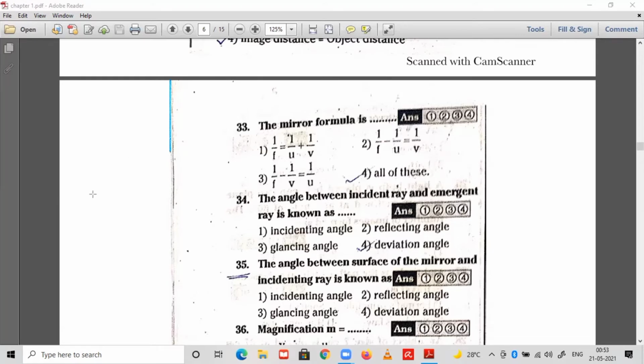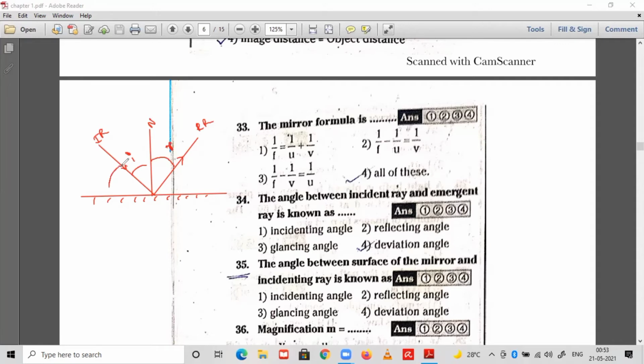The angle between the surface of a mirror and the incident ray is known as... and look here. So here it is the plane surface. Let us take a plane surface, and the incident ray I had taken. This is the incident ray. At the point of incidence we will have the normal, and at the same time at the point of incidence we will get the reflected ray also. IR stands for incident ray, RR stands for reflected ray. This is the normal. The angle between the incident ray and normal is called the angle of incidence. The angle between the reflected ray and normal is called the angle of reflection.